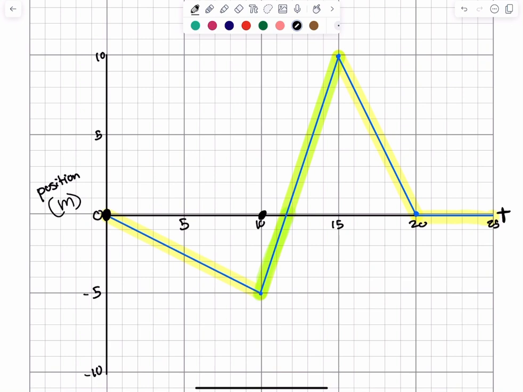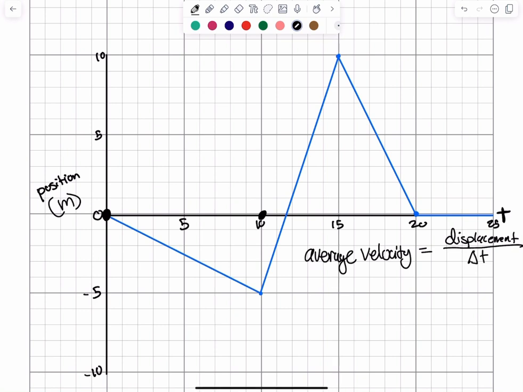But what else can we do? Well, it turns out we can find average velocity through this graph. If you recall, average velocity is equal to displacement over change in time. If we use this equation with the information provided on the graph, we can find the average velocity over intervals of time. For example, from 0 to 10 seconds, our displacement will be -5